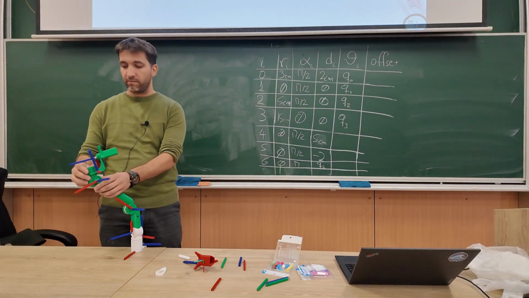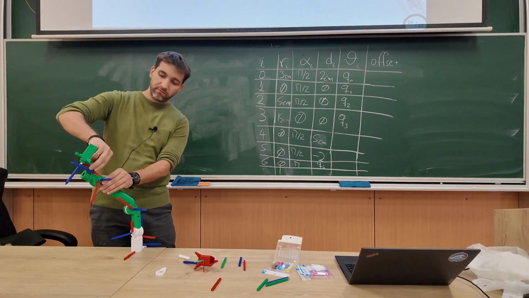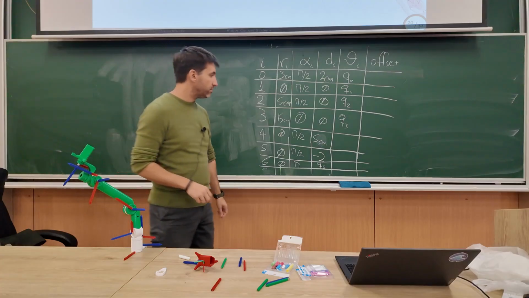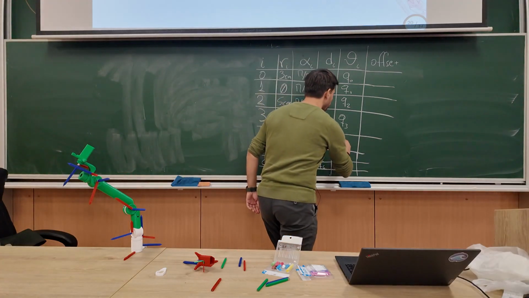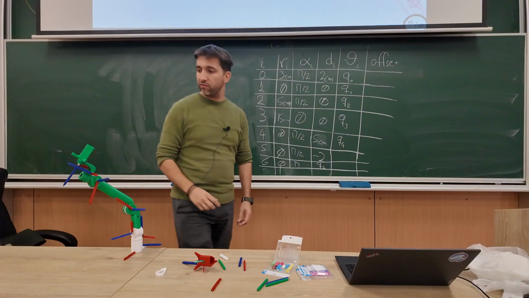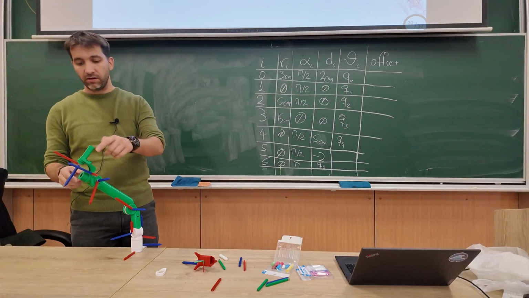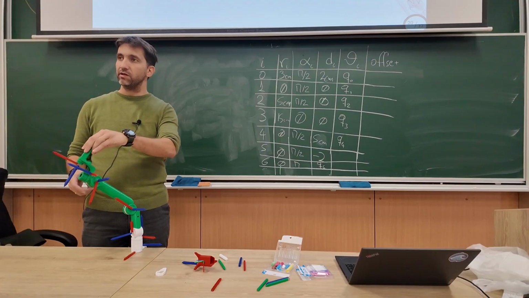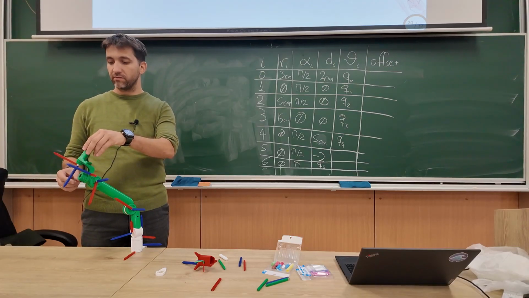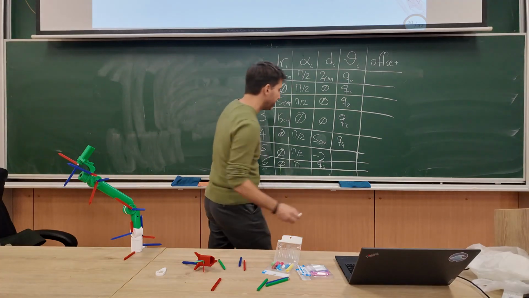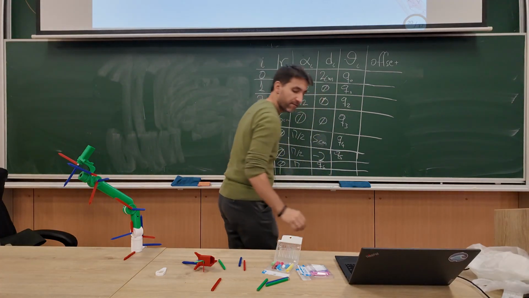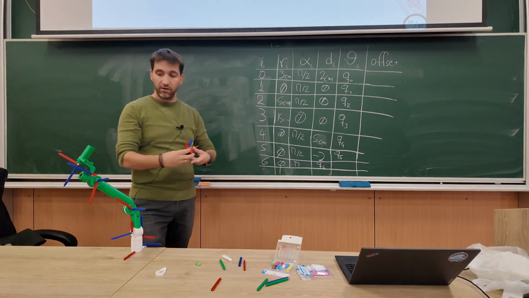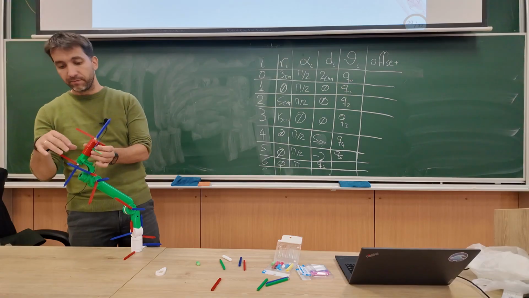Q4 would be this rotation between these two x. All right, Q4. Q5 would be the rotation between this and this around this axis. So this rotation, Q5. And then Q6, theta 6, will be the angle between